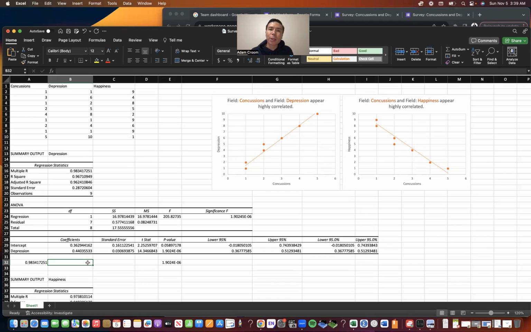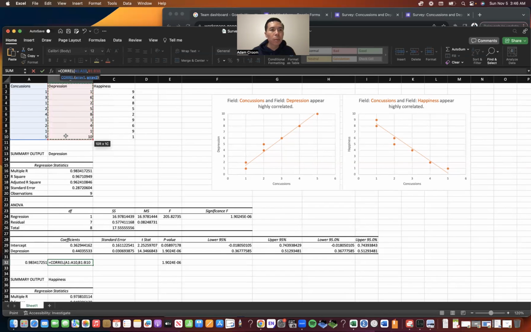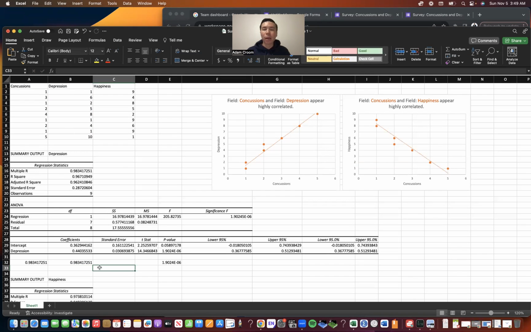In order to determine the correlation between the number of concussions and depression ratings, we can use the correlation function. To use the correlation function, press equals, type CORREL. For array 1, select column A1 through 10, comma. For array 2, select column B1 through 10, close parentheses, return. By looking at cells A32 and B32, we see that the correlation coefficient is 0.98, which is